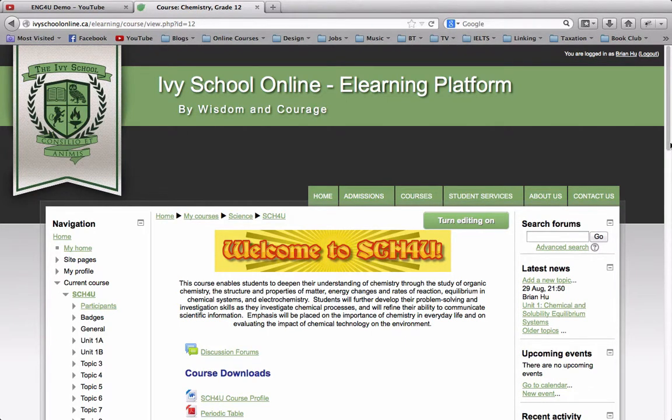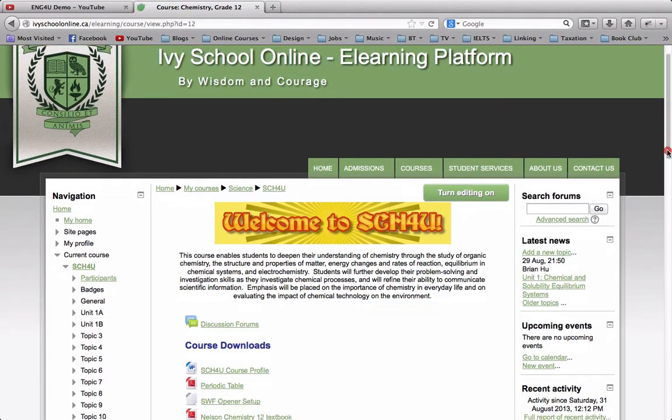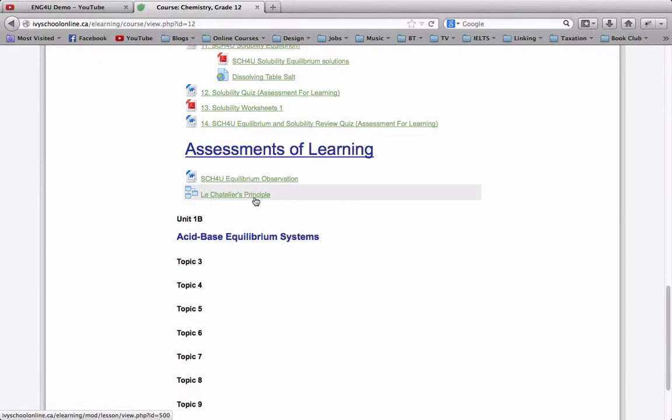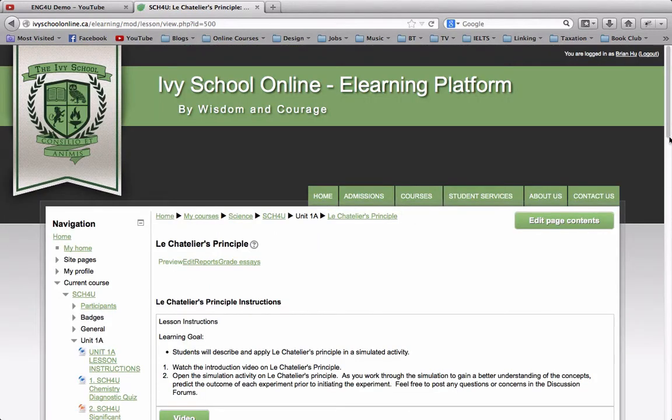Today I'll be demonstrating a mini lesson on Le Chatelier's principle. Le Chatelier's principle is one of the main concepts that students will be exploring in the first unit on chemical equilibrium. So when I go down to the bottom and click on Le Chatelier's principle, the first page of the